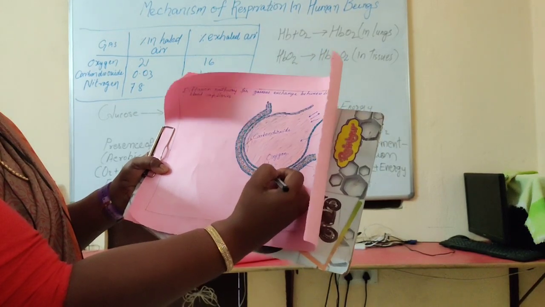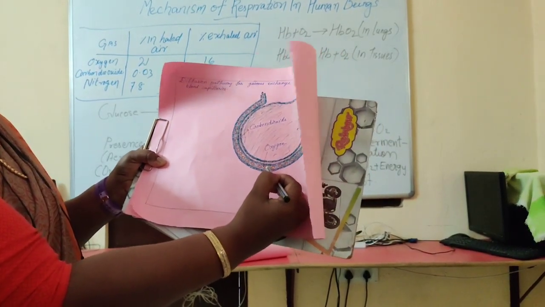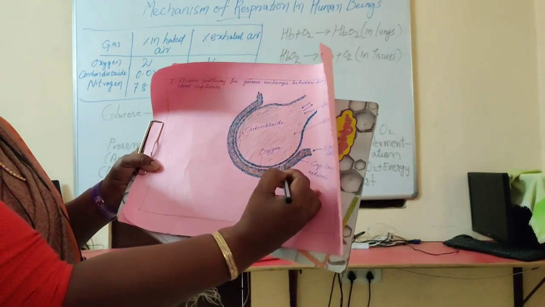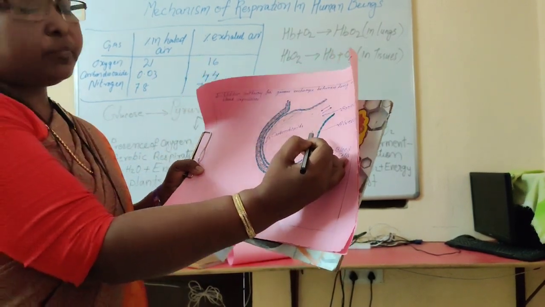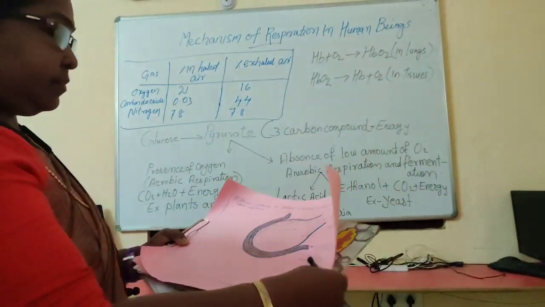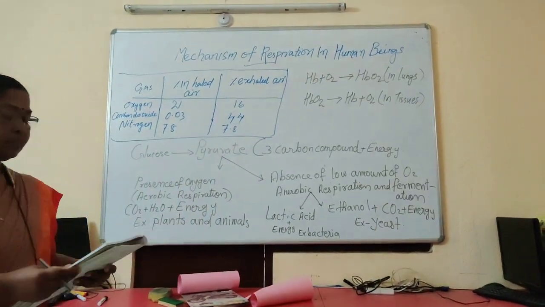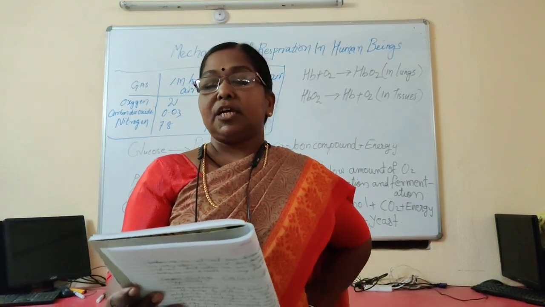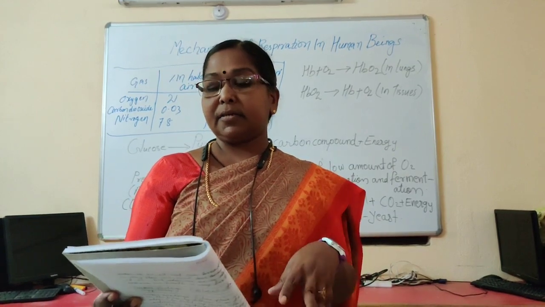After exchanging the gases, the oxygen will mix in the blood. Then the blood will flow into the heart. From the heart, the blood will flow to all parts of the body for all functions. As a result of gaseous exchange, the composition of inhaled air and exhaled air are different.